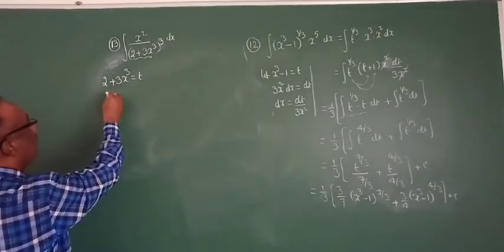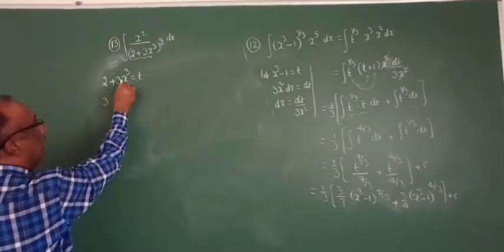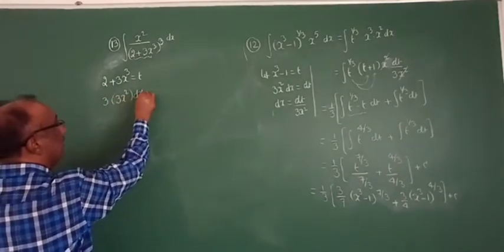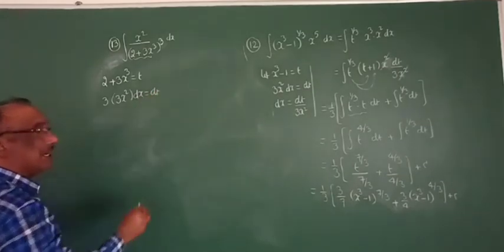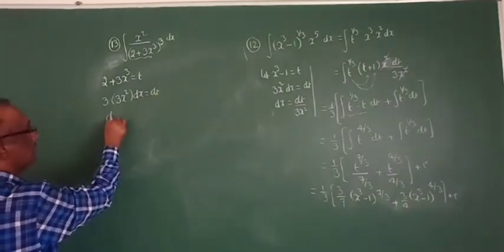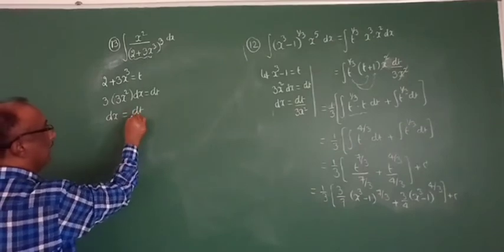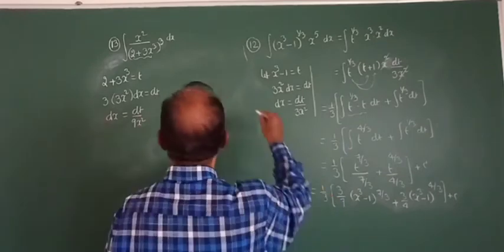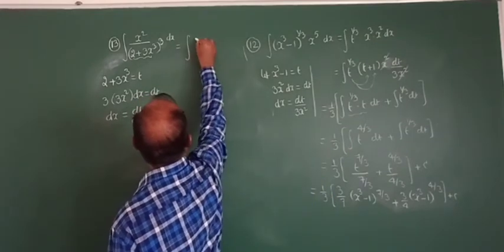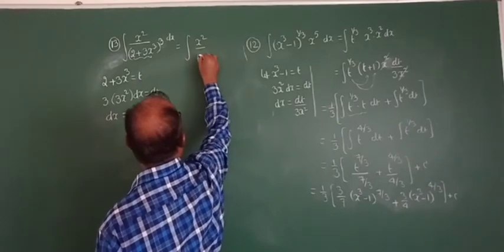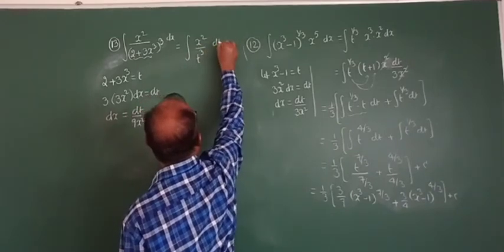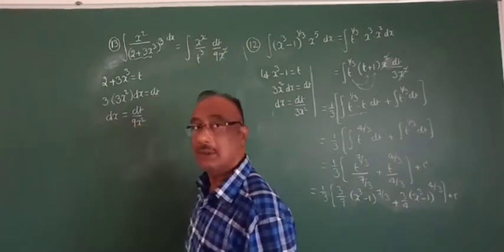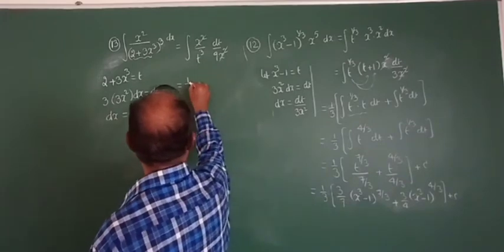So the constant 2 has derivative 0, and x cube derivative is 3x square. Itself derivative is dx. t derivative is 1, itself derivative is dt. So dx is equal to dt by 9x square. Substitution we can apply. We get the answer. First we do integral of x square, denominator is t cube, dx is dt by 9x square, x square should be cancelled. Now 1 by 9 is outside.